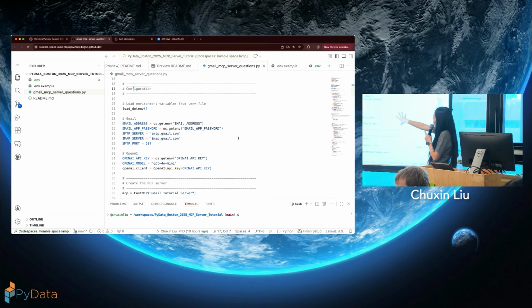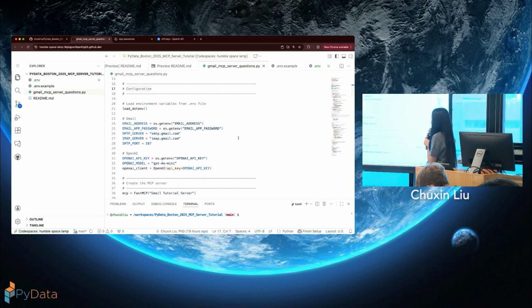So here we load all of our environment variables from the env file, and then we'll populate some of these as our constants. So our email address, our application password. The server that we use to access Gmail is called SMTP. I'm not going to get really deep into that because I personally don't know too much about it. As long as this works. And then the OpenAI API key will read from your environment file as well. We are using 4.0 mini. Other models work too. So this is up to you.